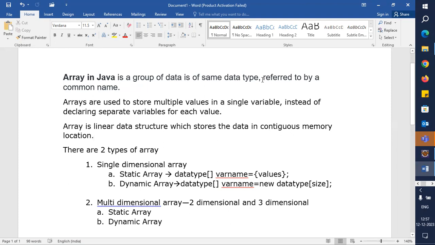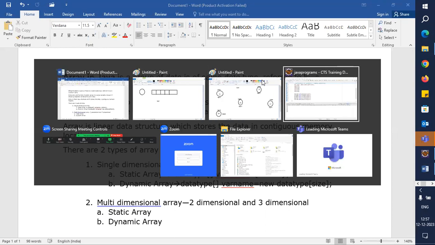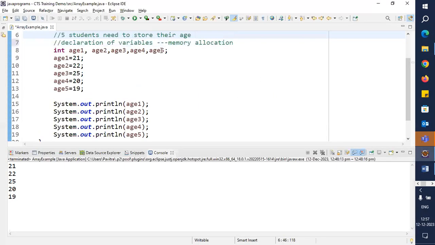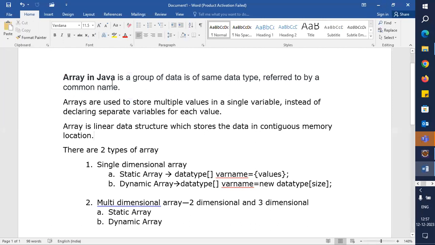If one is an integer, one is a float, one is a double, then we cannot use the array. In this example I have taken 5 variables of the same type, meaning all 5 variables are integer, so that is the reason I am able to use the array concept. So an array is a group of data of the same data type, and this is